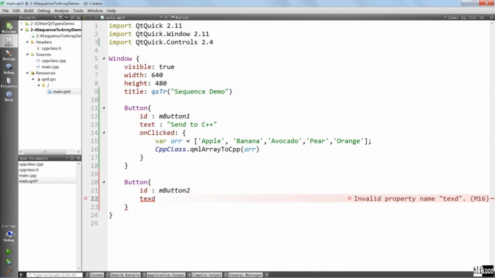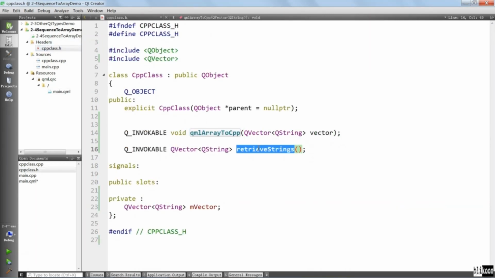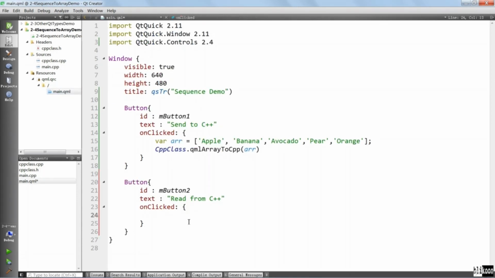Text is going to be, and when it is clicked, we want to call the method to retrieve strings from C++. Let's come back here and say var the same thing really, CPP class, and call this method here. Just to test that it is working, we're going to output its length and we're going to say print